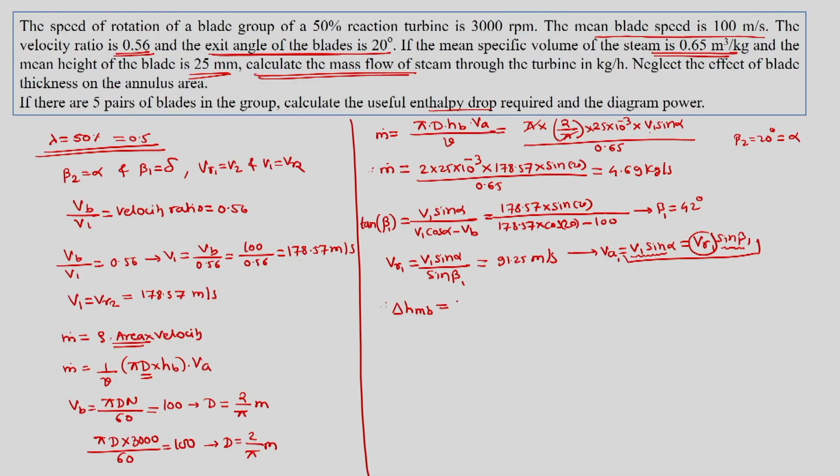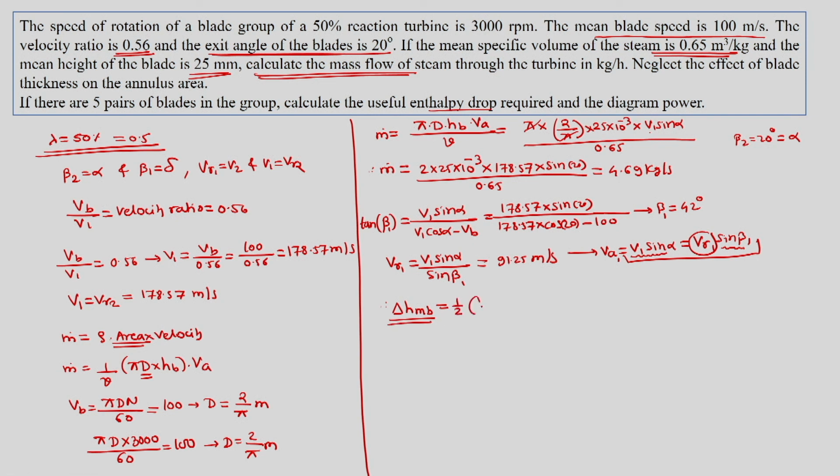In an impulse turbine there is no enthalpy drop in the moving blade. Since there is no enthalpy drop in the impulse turbine, and in case of frictionless flow, we have VR1 equal to VR2. Relative velocity does not change, but in a reaction turbine relative velocity changes. So there is an increase in relative kinetic energy, which is basically due to the change in enthalpy in the moving blade.